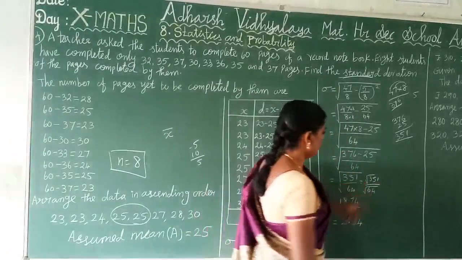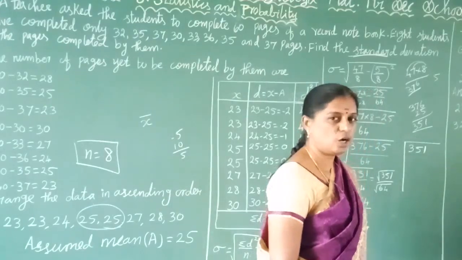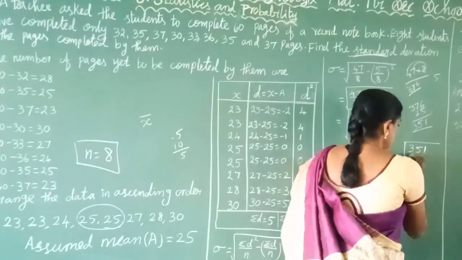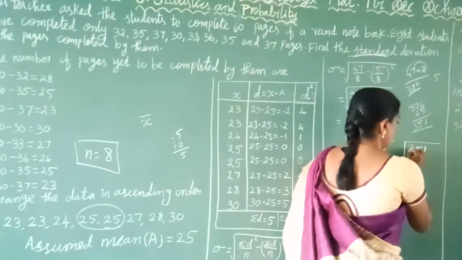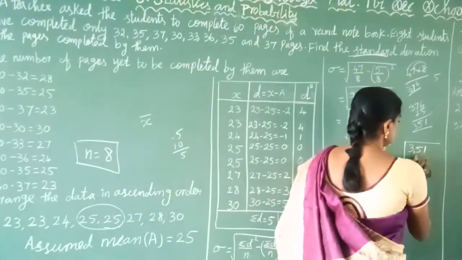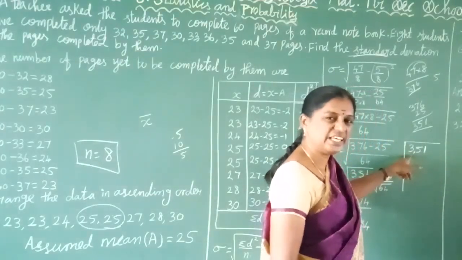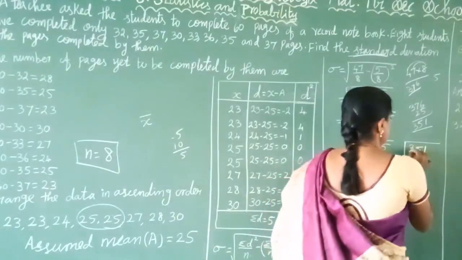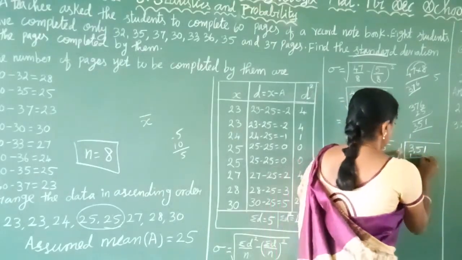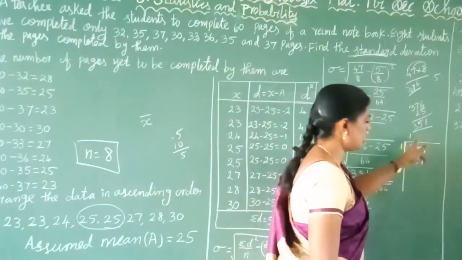Clear? So 351 we take the root. Already in the lower class itself you studied the long division method of how to find the square root. Clear? So two digits you segregate from this side to this side: 51 and then here 3 remains as it is. Right? Two digits segregate like that. After that here first one 3. So is 3 a perfect square? No. So which is the nearest perfect square to 3? So that is 1. So here write quotient place and divisor place. 1 ones are 1. Remainder 2. 251. Clear? And then double the quotient.